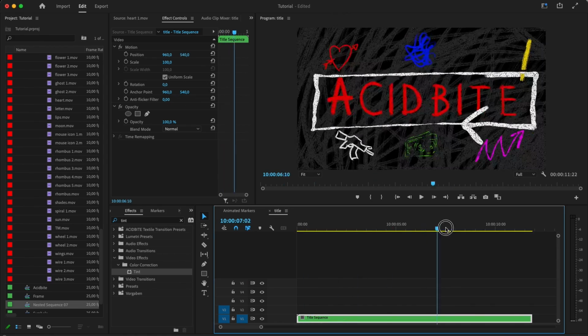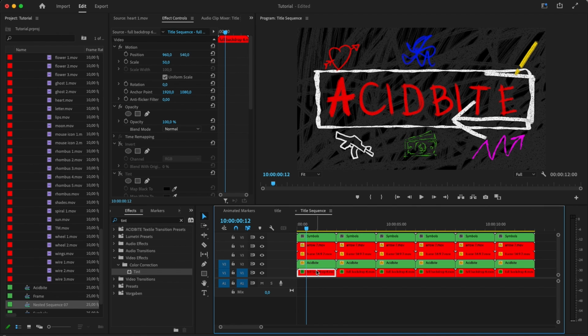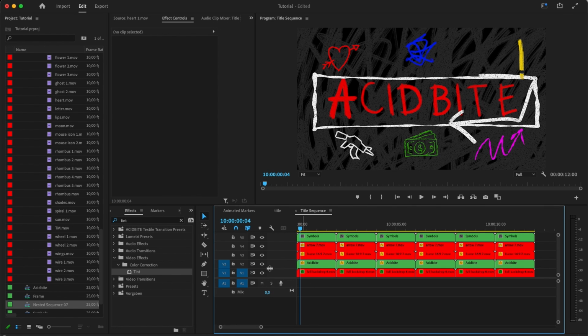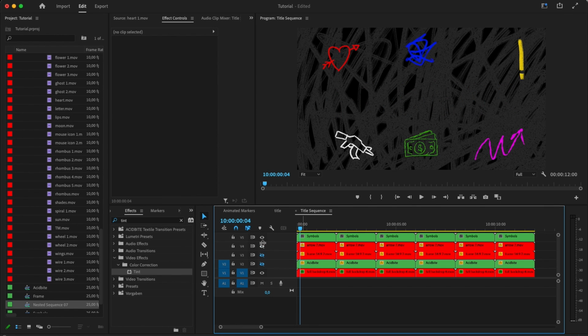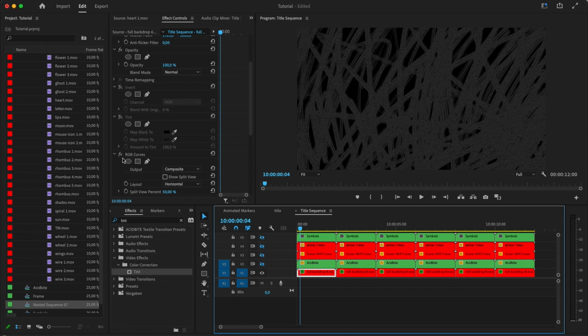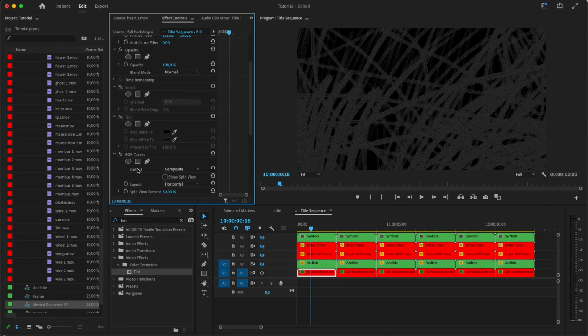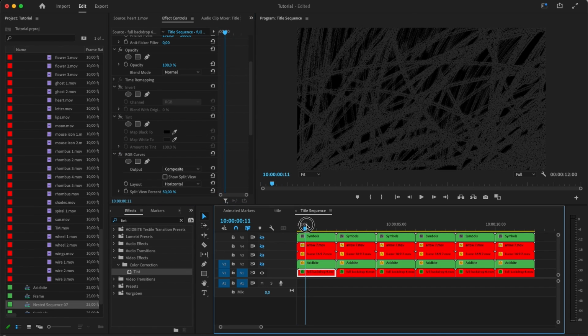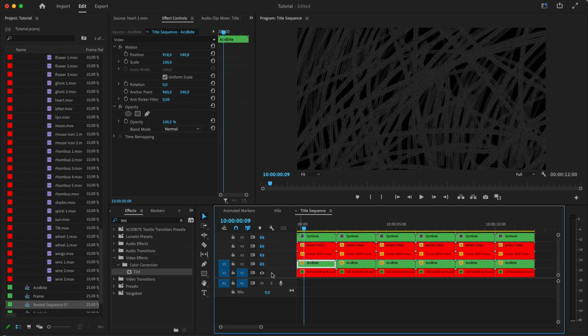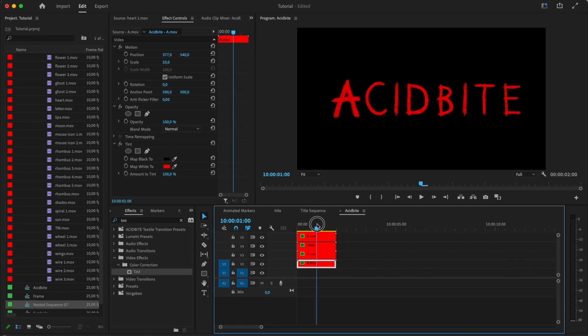Now I want to talk to you about this intro that I made. You can see that this is also a nested sequence where I duplicated out the assets. On the bottom layer here is one of our backgrounds, and I tinted this down using an RGB Curves effect, because this is quite a wild, chaotic effect, and I just want to have this kind of texture in the background.